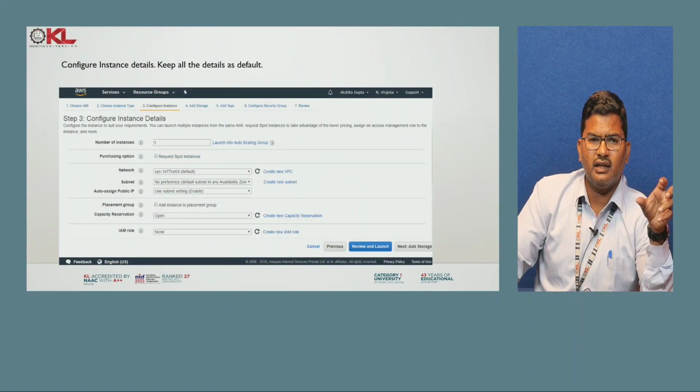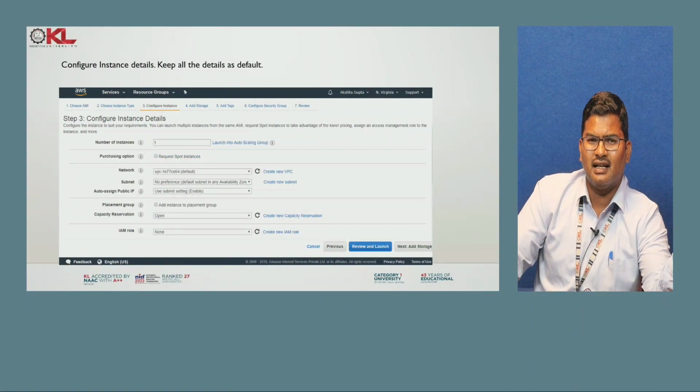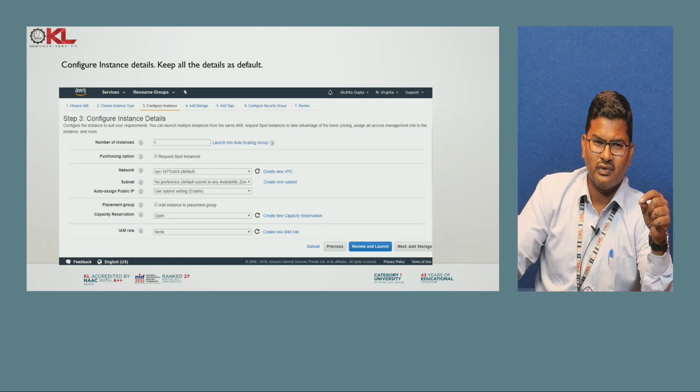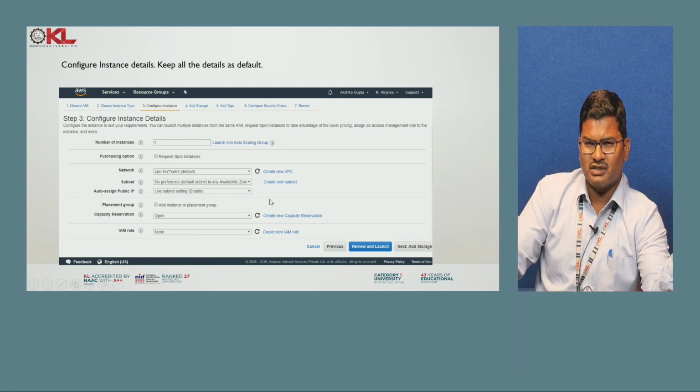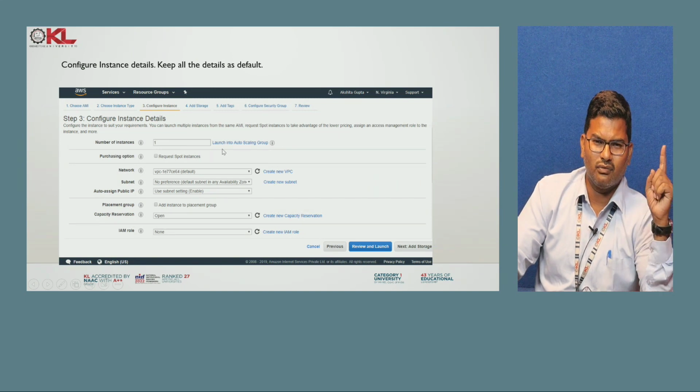Once the database is created, then immediately we should switch to EC2 instances, and that procedure also I will tell you. Simply we have to go to the services. Once we go to the services, we have to click into EC2. Once we click on EC2, there are 7 different steps, and this page will just ask the name of the instance and how many instances you want. I just wanted one because